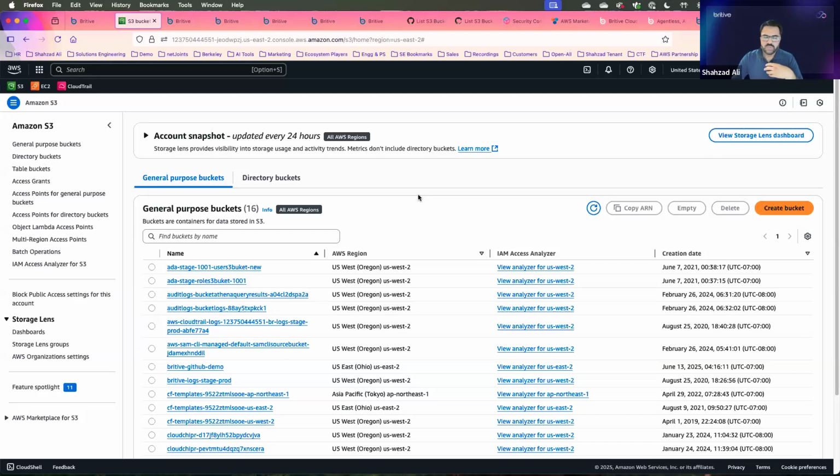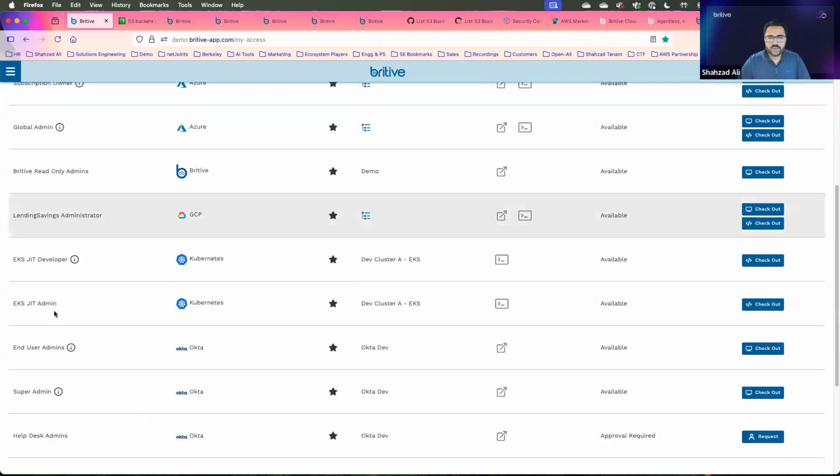And this could happen when a user initiates it, or when my timer expires, it will automatically revoke all my permissions from AWS and automatically log me off, right? Now, if I